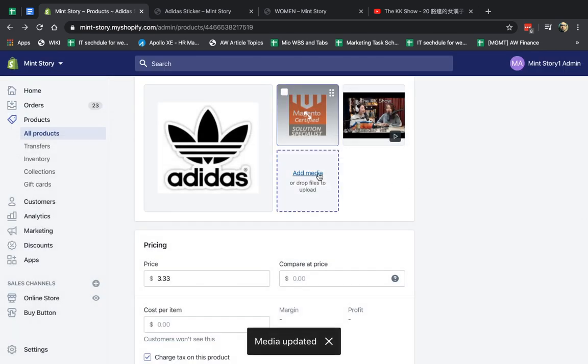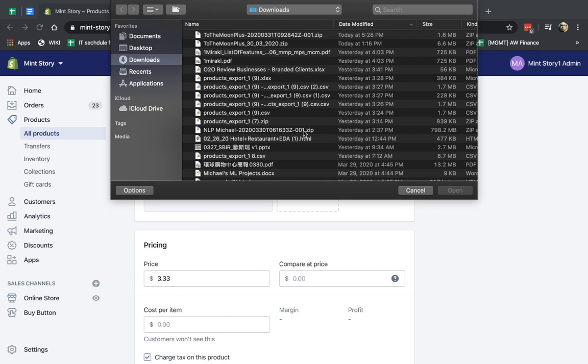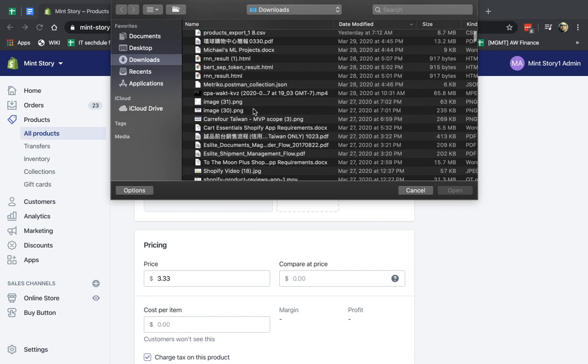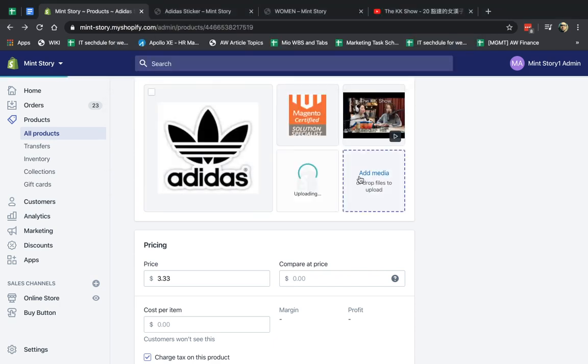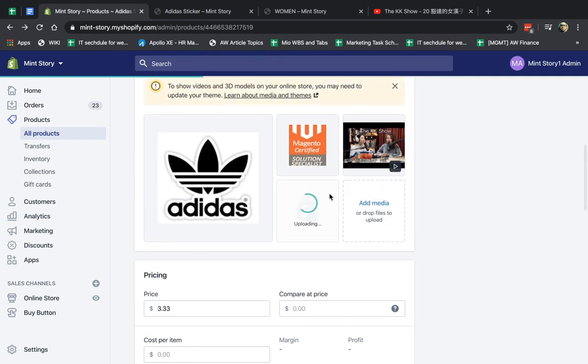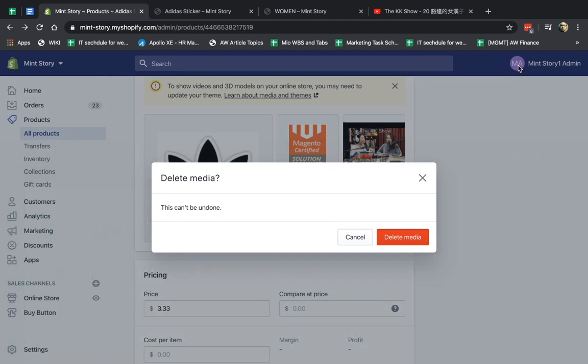Okay, now if I want to add more images, I can do that. I can just browse from my computer. For example, let's go right here. Let's upload this, for example. Here's a media. I can obviously double click on it. I can edit it. I can delete it. Okay, I can go here and click. Let's go here. And I didn't want to delete it, actually.